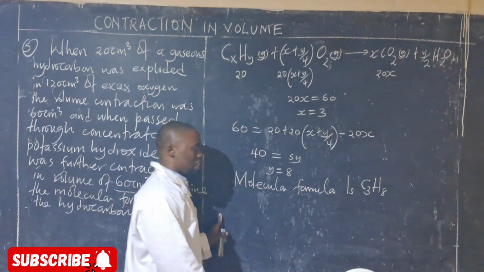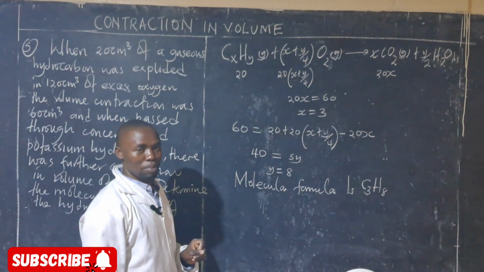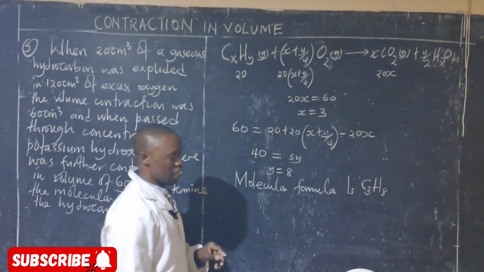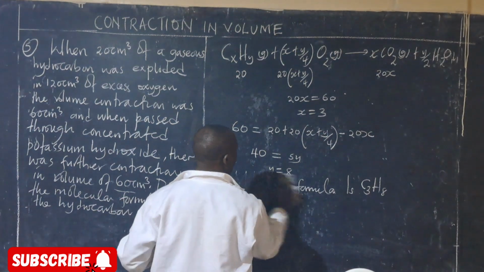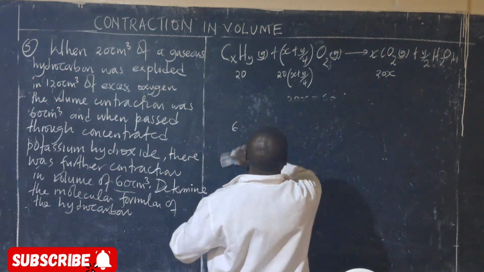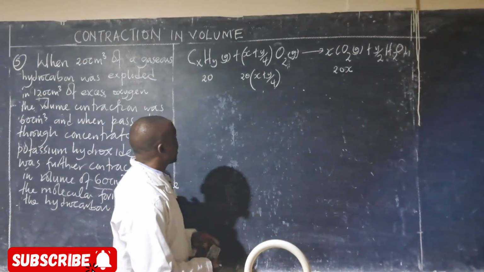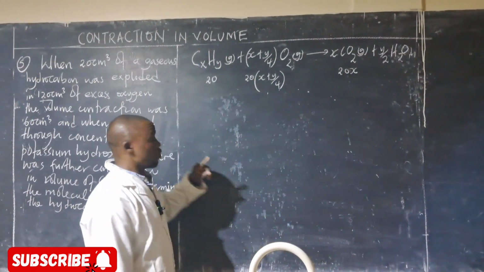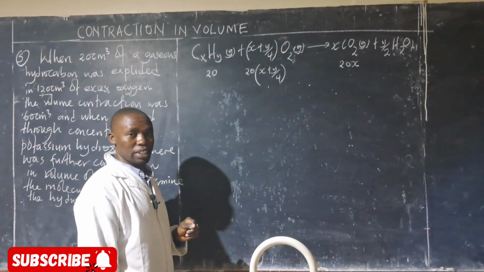C3H8. Now a student will say, why didn't you use this 120? Let's see another method if we can involve 120 there. So I can try to remove this. Method 2. Now in method 2, we want to involve this 120, that is the volume of excess